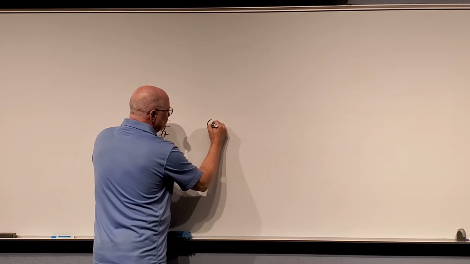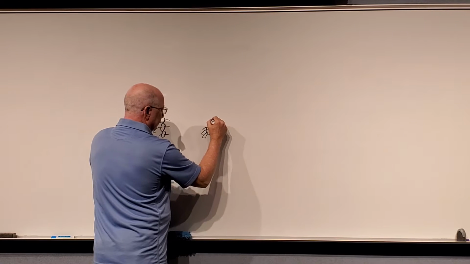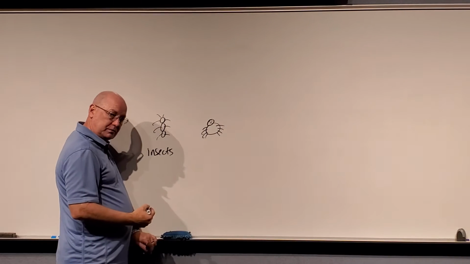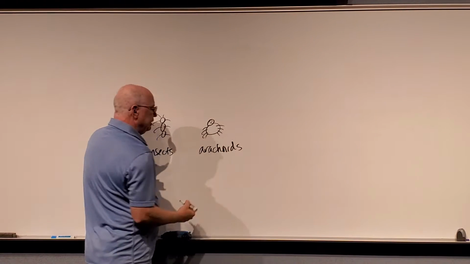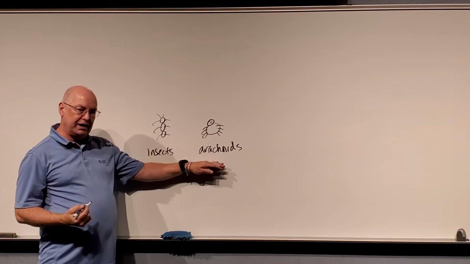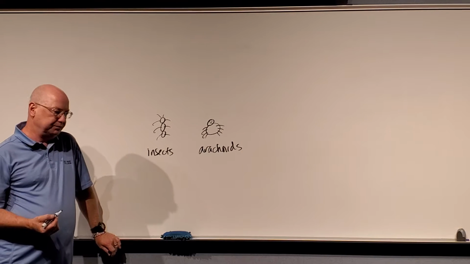I have another organism that has 2 body parts with 8 legs and a bunch of eyes. And we're going to call these arachnids. And when I study biology, I can study insects and arachnids, right? Which both fall under the category of animals. Now,